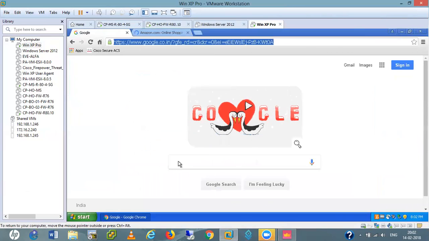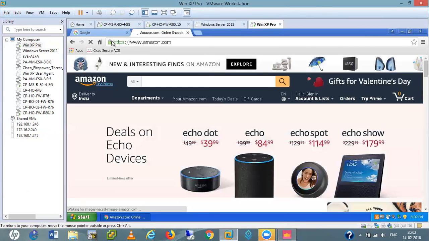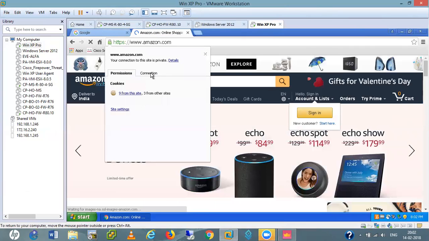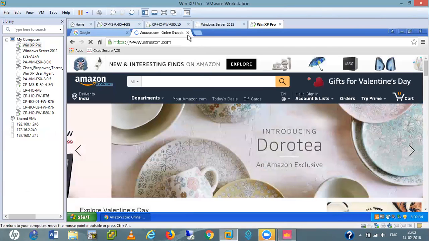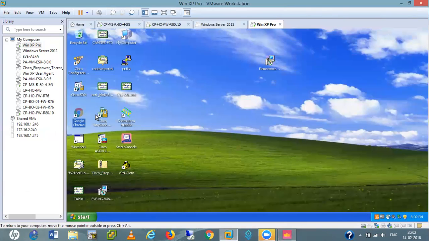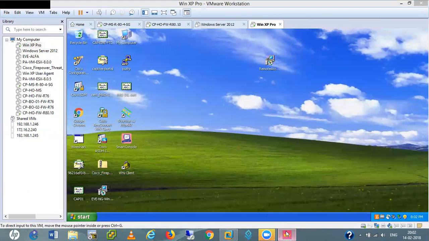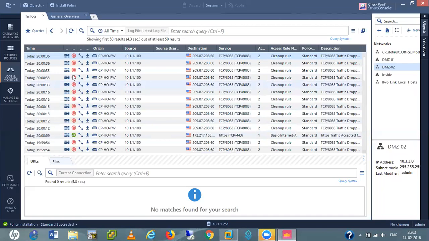Google, this one, okay. This guy. Cemented glass, okay. Let me see what is the issue here.